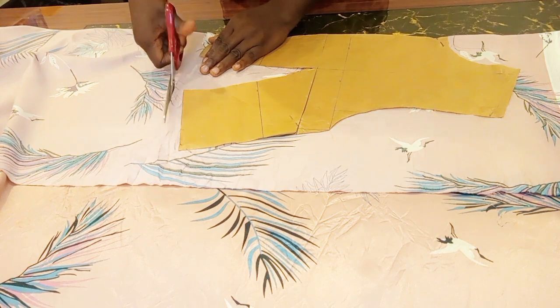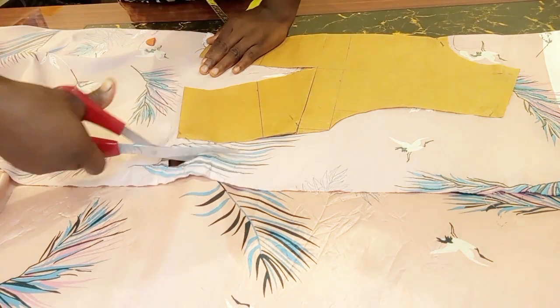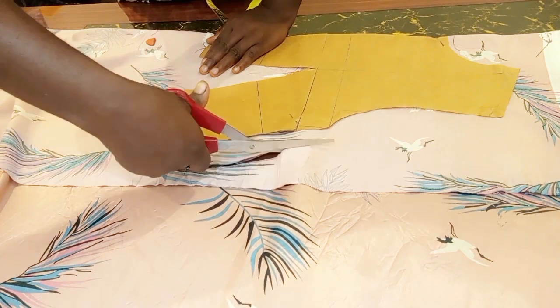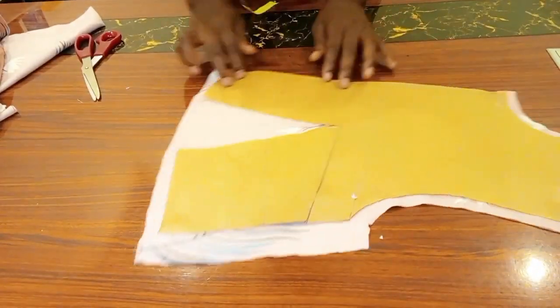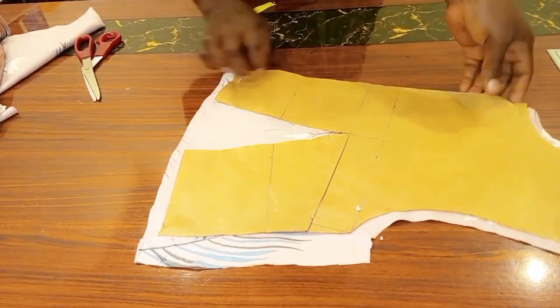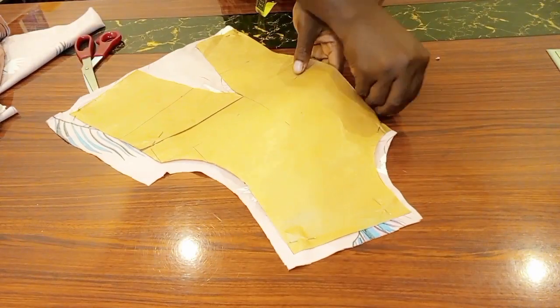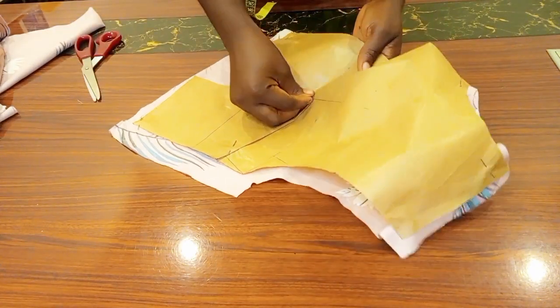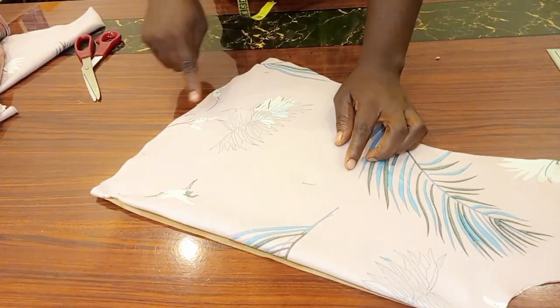When you're done adding all the allowances, go ahead and cut this out neatly. You don't have to rush when you're working. Just take it calmly, you will get it. And when I was done, this is what it looks like. It's that easy. Now go ahead, insert your pin in there just so that it will come out from this